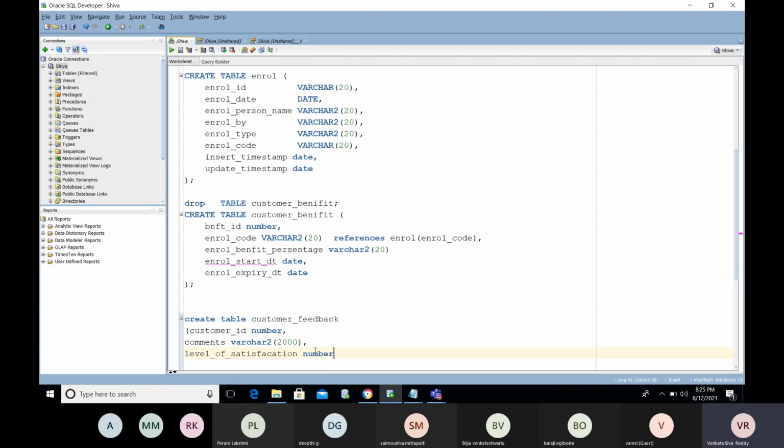Level of satisfaction is a number. Okay, now level of satisfaction, and product ID also came into this. Already product ID is there.